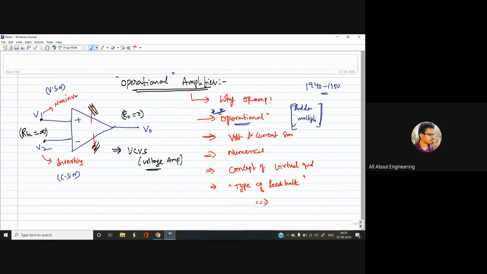Then they got a beautiful idea of designing this amplifier, which is the operational amplifier. You can do all the operations like addition, multiplication, subtraction, division, integration or differentiation,